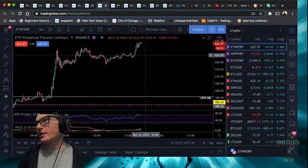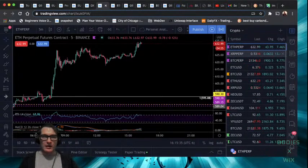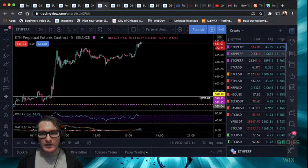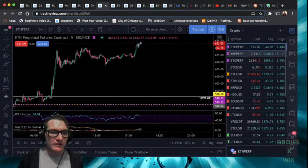So I don't use ETH USD or BTC USD. I use ETH perp and XRP perp, if you are a trader of CFDs, so if you use MetaTrader for crypto, if you're